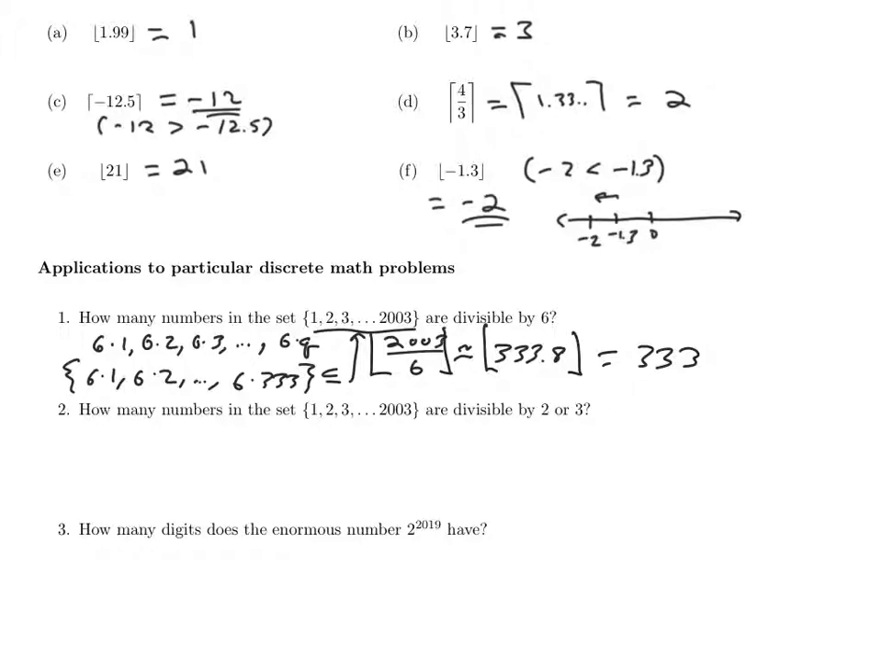Number 2 is an example of using inclusion-exclusion as an application of that. So if you have the multiples of 2 over here and the multiples of 3 over here, then the overlap are the multiples of 6. And so the answer to this question is,